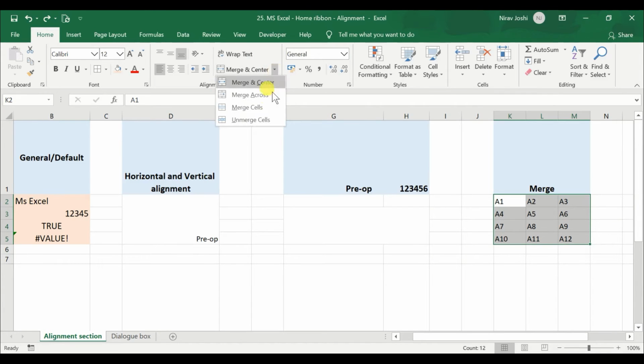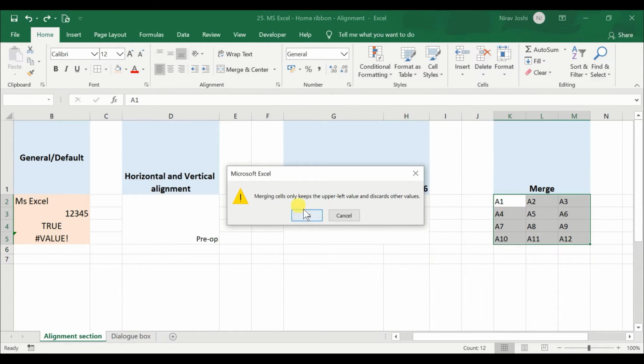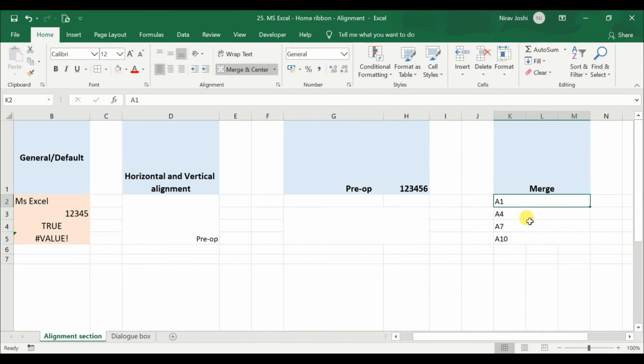Now here also you can use simple merge cell. After that it will merge the cells but it will not change the alignment towards the center. Now suppose you want to just merge A1, A2, A3, A4, A5, A6 individually, and A7, A8, A9 individually. That will be merging only the cells in a single row. So you can use the merge across function, and it will merge the data in the row only, not in the whole selected area.